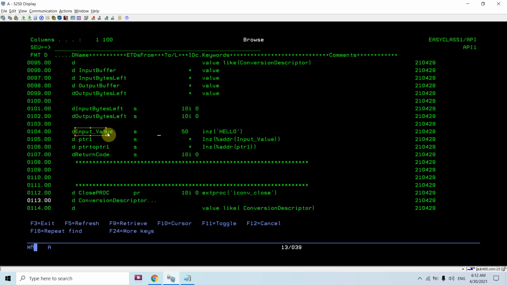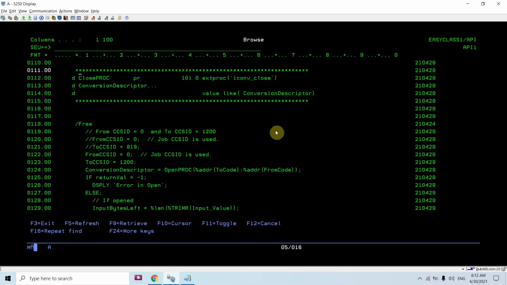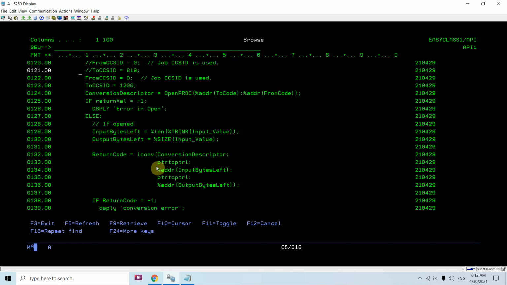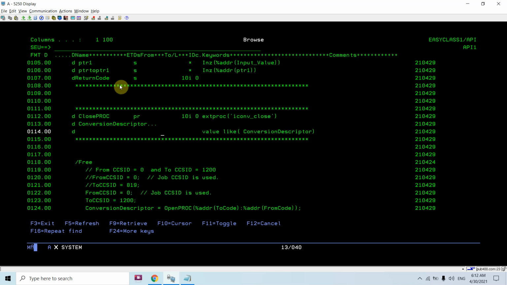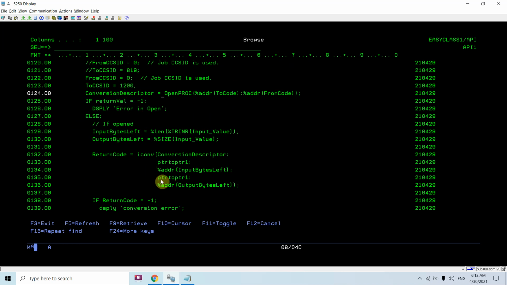Here I already mentioned this is the input value, but I need to pass the pointer to pointer of that input value. So here you can see I am passing PTR to PTR1, and then you can see I'm passing the input bytes left. I need to pass the pointer, so I'm passing the address of that.